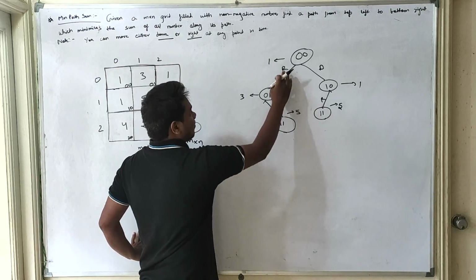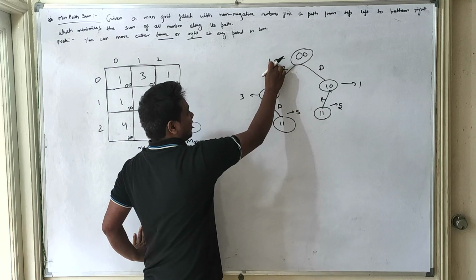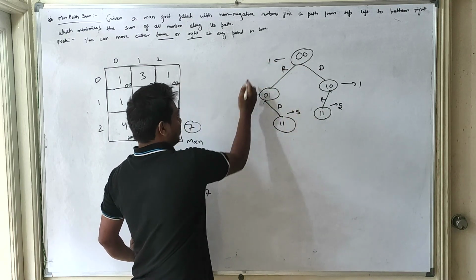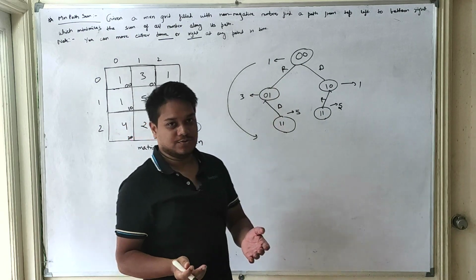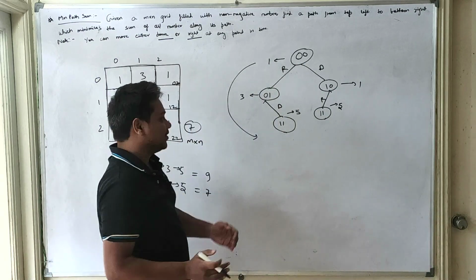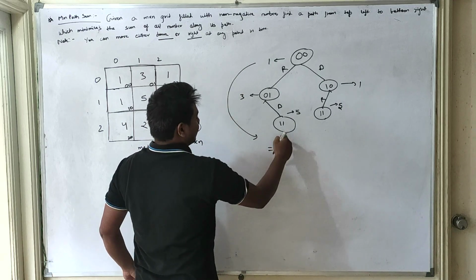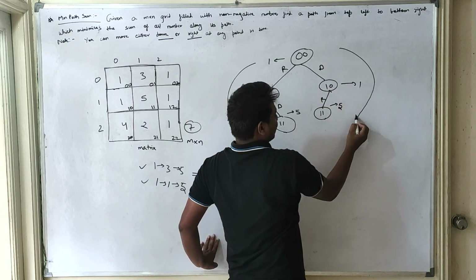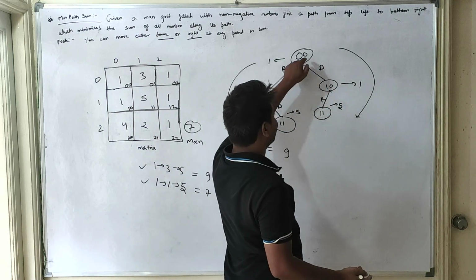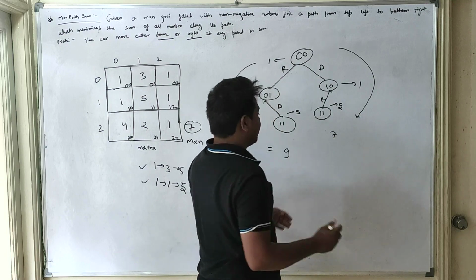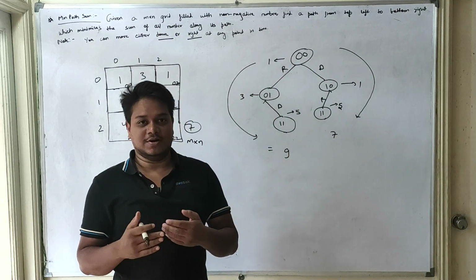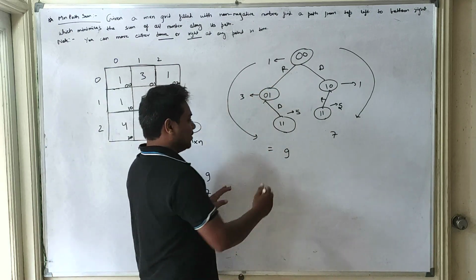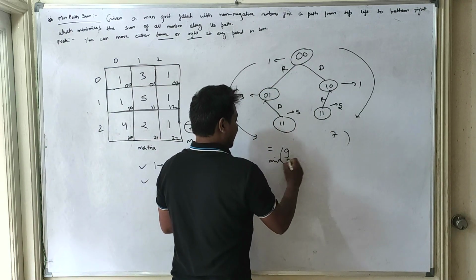See, this particular cell is having value 1, this is having value 3, now this is having value 5. So if I sum all the values along all the cells that we encounter, then in this scenario it would be 9. But if we sum up all the values along this path, the value that we will be getting is 7. So what we are actually expecting out of this particular state space tree is the minimum of these two values.